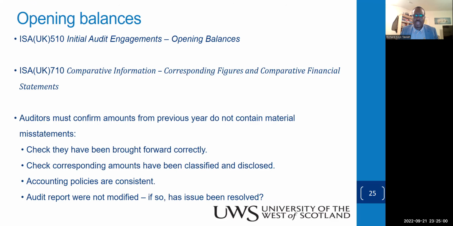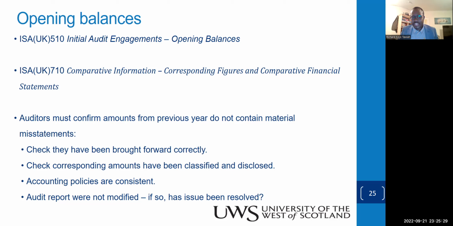Okay, we will look at these opening balances, and if you look at the final review stages, we would have touched a lot of this, so I'm going to jump quickly on this. ISA 510 talks of initial audit engagement opening balances. ISA 710 talks of comparative information, and we are going to touch on this in the final review stages. So look at what we do as auditors from the previous year.